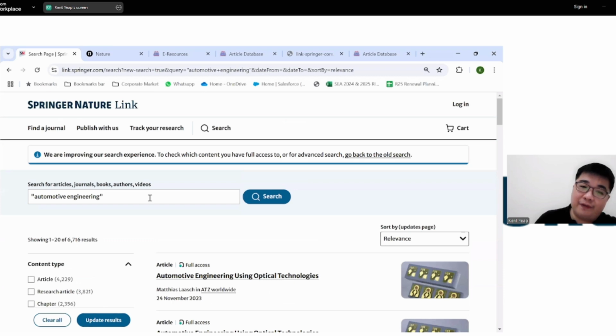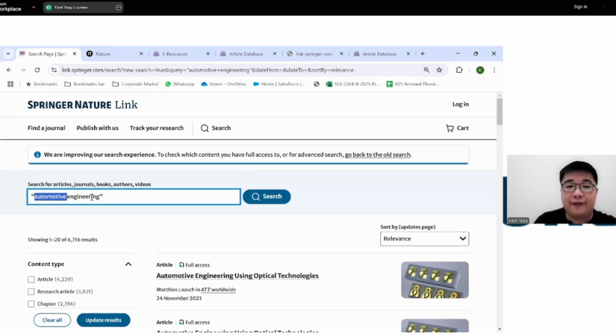So in the previous example, what I was telling the platform to search was two specific terms, automotive and engineering, because I have left it typed like this. And what that means is it will return any document or any resource that has the term automotive and engineering separately.